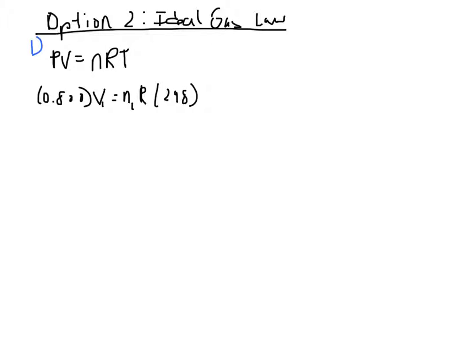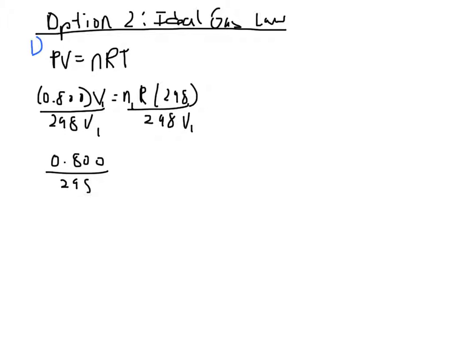Now for this to work, let's put all the things that are numbers that we have on one side. Except even though R is a number because it's 0.0821, let's just keep it on the other side, because it's always there, so it's not changing. So we do this by dividing by 298 and then by V1 to get the V1 over to the other side. So 298 V1, and that leaves us with 0.800 over 298 equals N1R